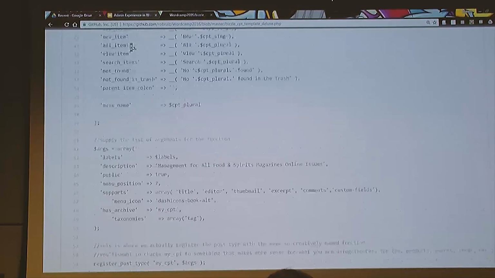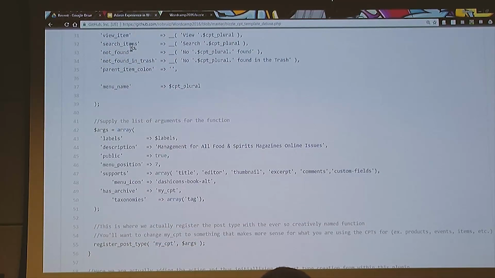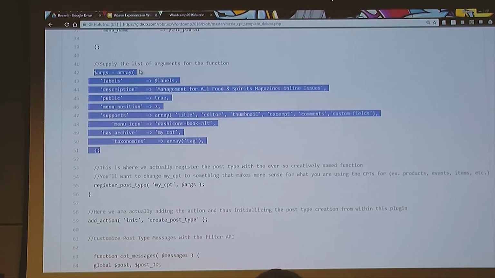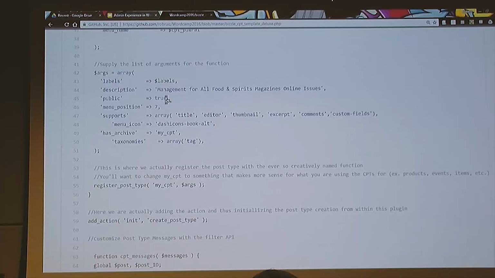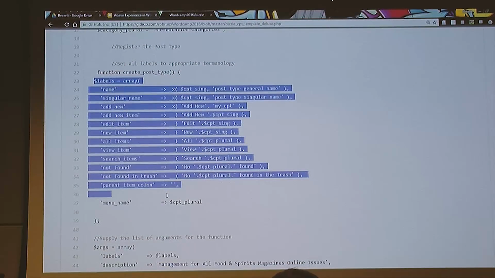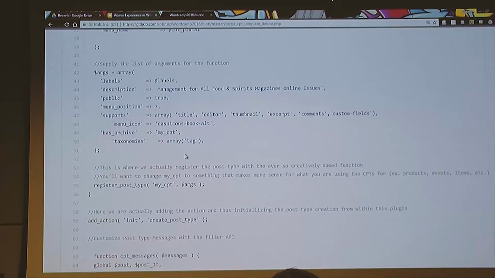So now that function's all good and fine. That does majority of the work. Well, this is the part that actually does majority of the work because this is the actual args. The top part is the labels. So this is actually just creating the labels array. And so this is what does all the terminology. And then this part